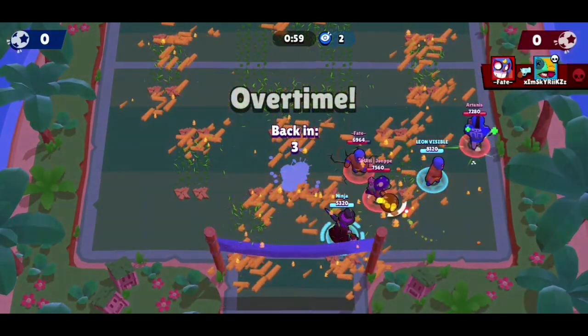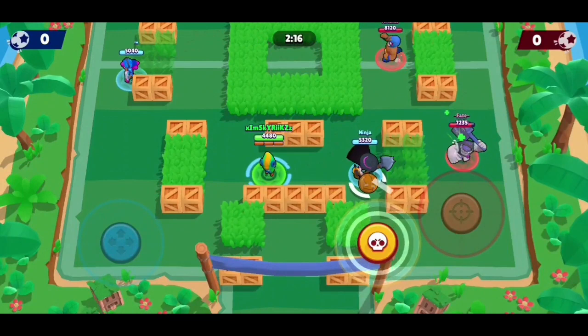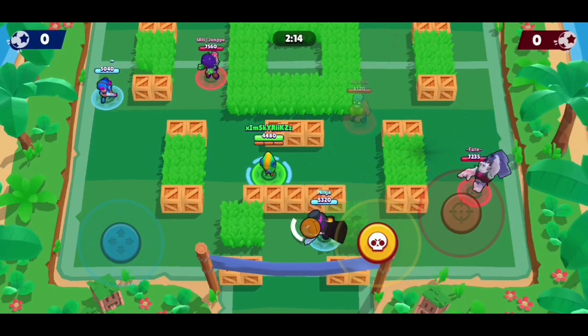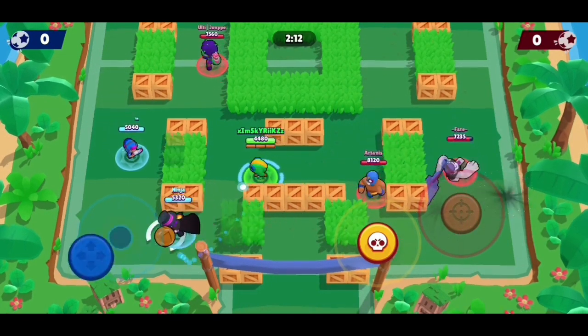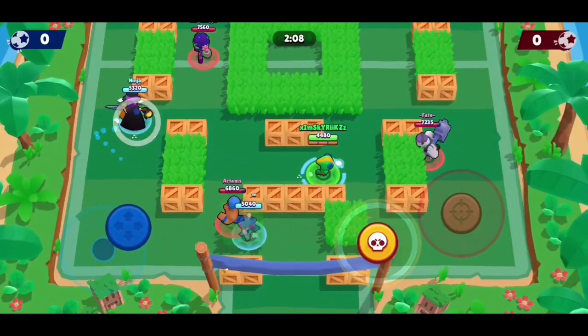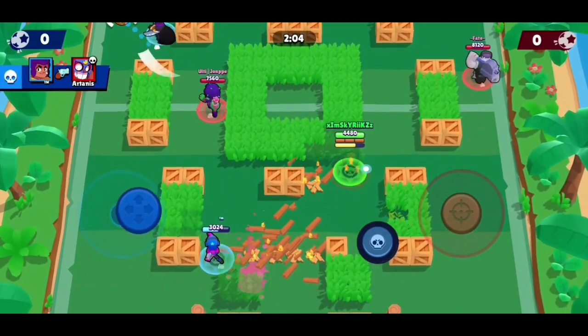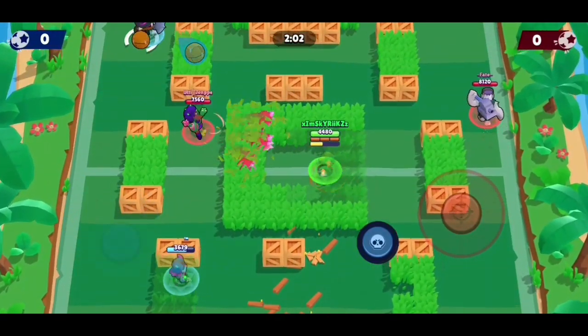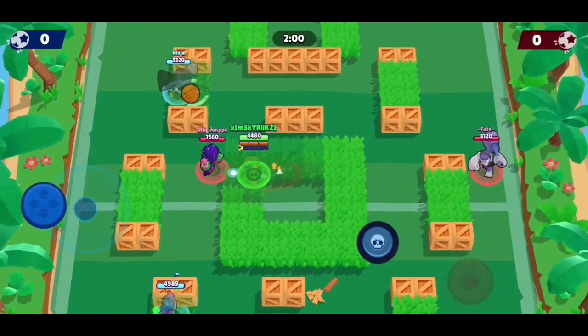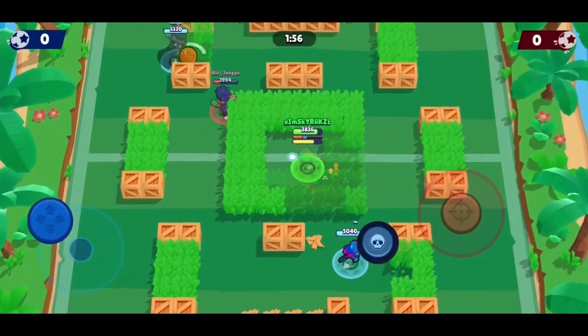So next one is going to be Rosa. Rosa is pretty much the same as the Primo and Bull, but I'm just gonna show you all the different interactions against tanks. I feel like that's pretty good to know. So of course use your super and get hit by a Shelly super, never mind. No, but you don't want to get close to a Rosa. So what you have to do is